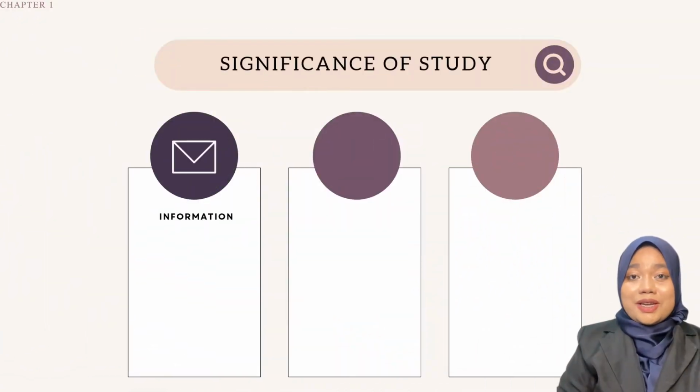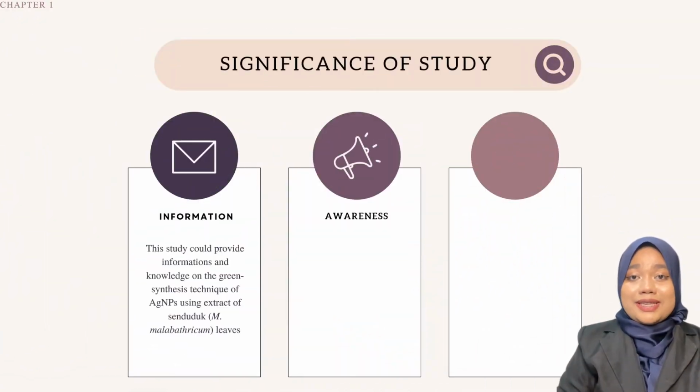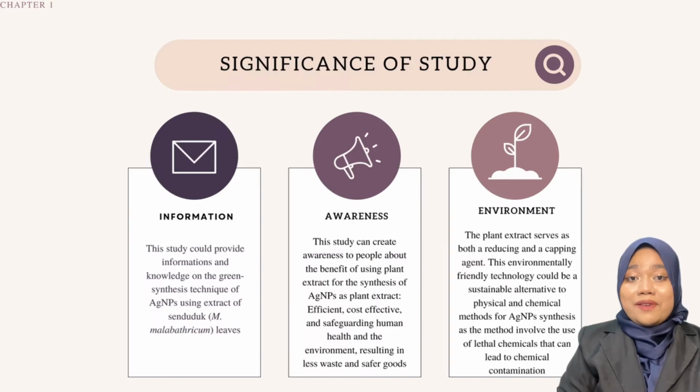There are 3 significances of study in this research. First, information. This study could provide information and knowledge on the green synthesis technique of silver nanoparticles using extract of Senduduk Melastoma malabatricum leaf. Second, awareness. This study can create awareness to people about the benefit of using plant extract for the synthesis of silver nanoparticles as plant extract is efficient, cost-effective, and safeguards human health and the environment, resulting in less waste and safer